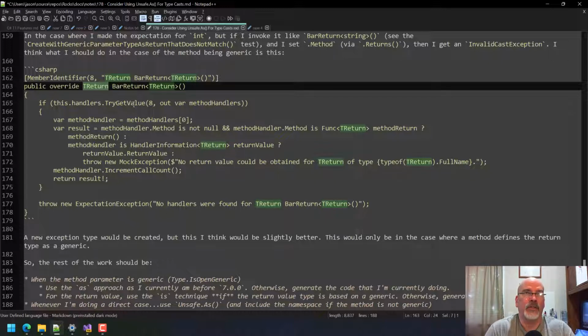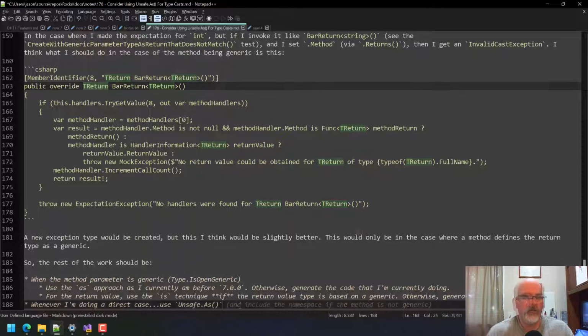And is completely open worth doing the work to calculate? If you had 5 parameters and 1 return, how many of those are there? So I'm thinking maybe you just say, always include Unsafe.As. When you're doing a direct cast, if you ever catch yourself doing a direct cast, then use Unsafe. So I could say, well, as I'm going through all the parameters, once I catch something that was an open generic, then I need to add that to the namespaces.